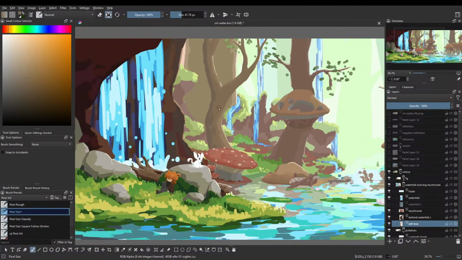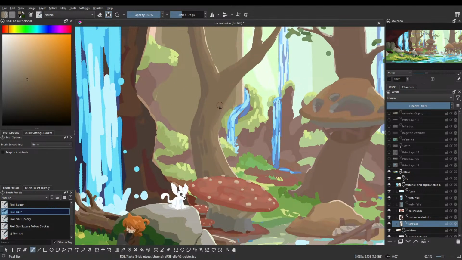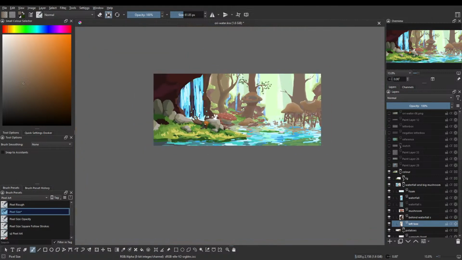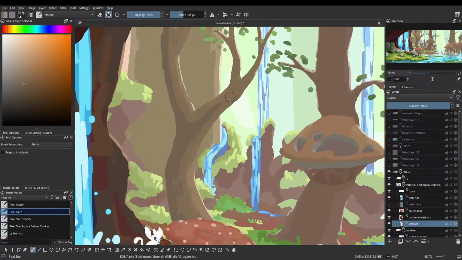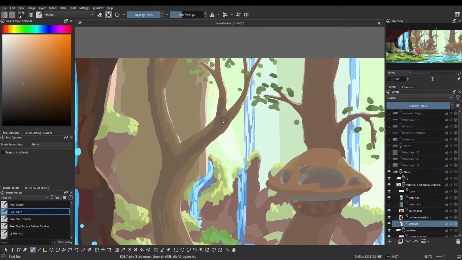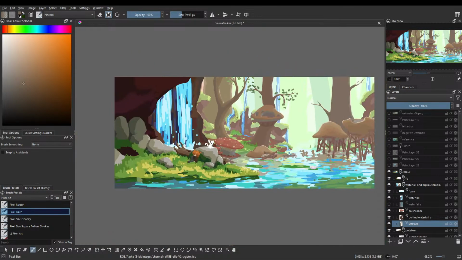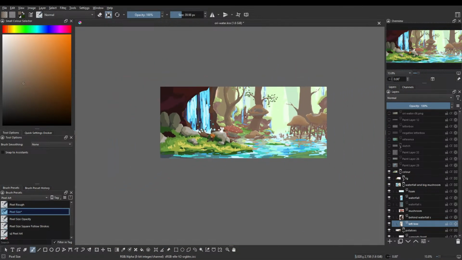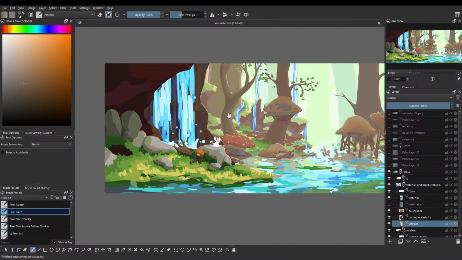Because this is kind of facing down, I want it to be a little more defined like this. And a little bit of this dark is also going to go a long way towards defining the shape of this as an actual 3D object. Like you see this? That's good. That's good.